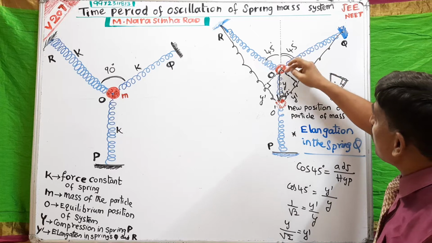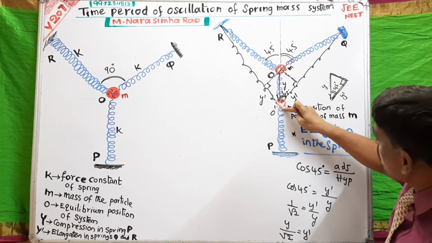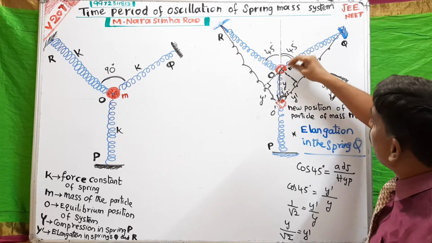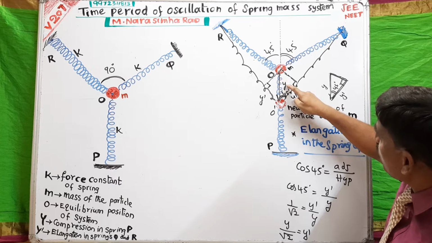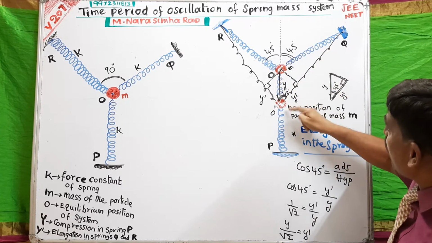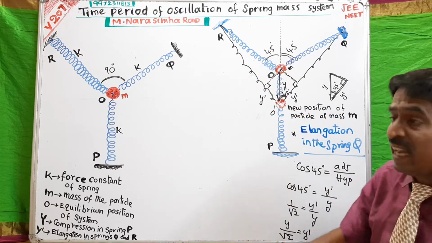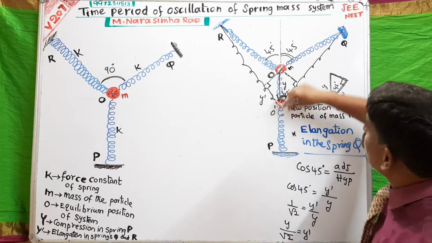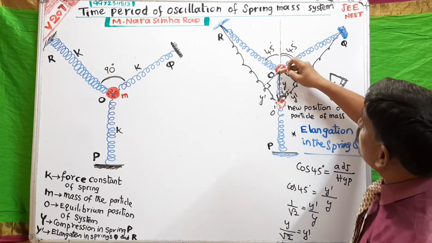When this particle is pushed down, it comes to a new position. When the particle comes down by a distance y, the spring is compressed. At the same time, this spring is elongated, and this spring also is elongated. If you leave it free, due to the restoring forces, this particle again goes to O, and